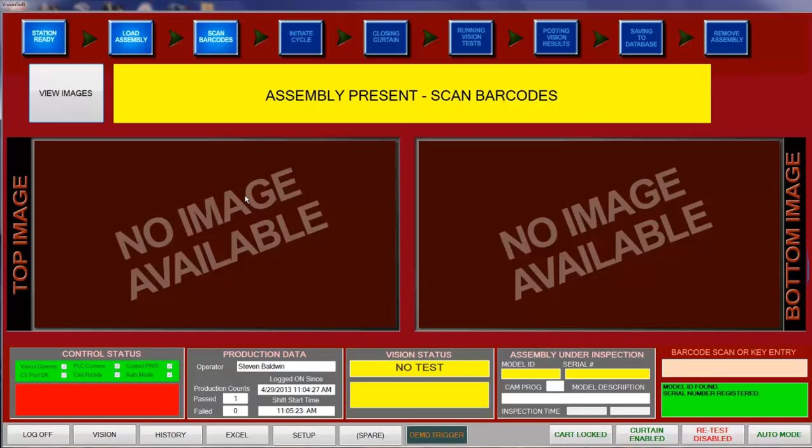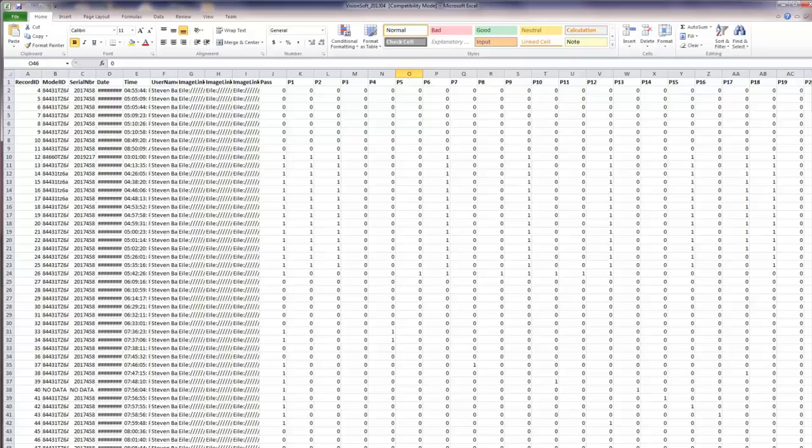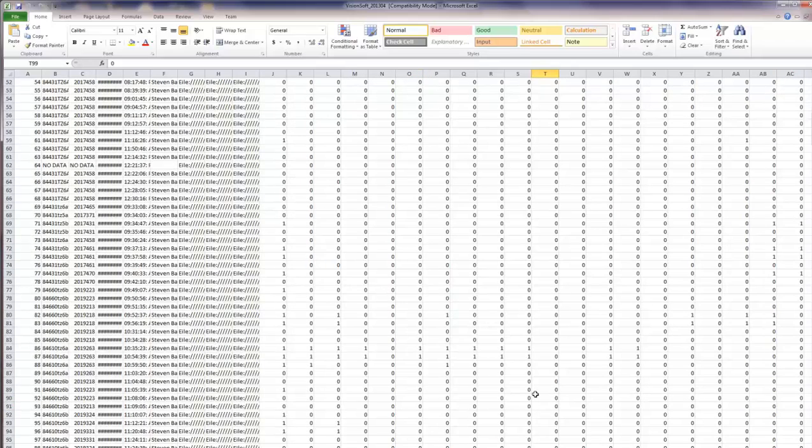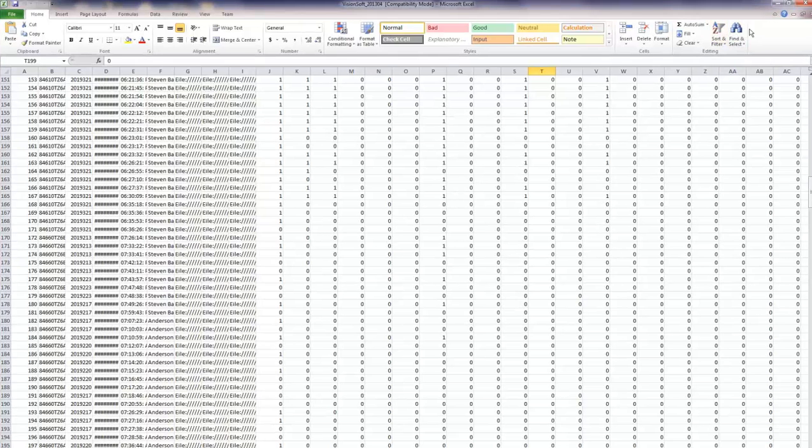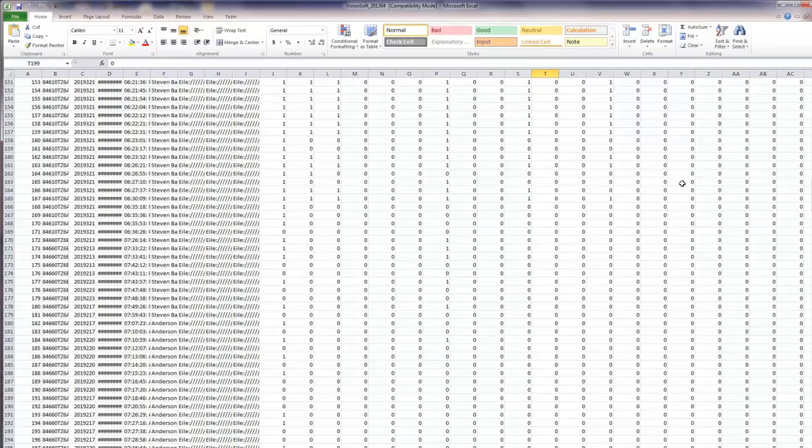There is an additional screen that I haven't shown you here, and I will just briefly show it to you for a second. This is an Excel spreadsheet that is generated once a month to show collected data. This allows you to go through and evaluate how many inspections, what inspections are failing the most. Since it is in an Excel spreadsheet form, you can